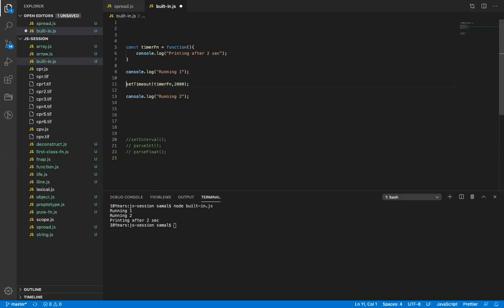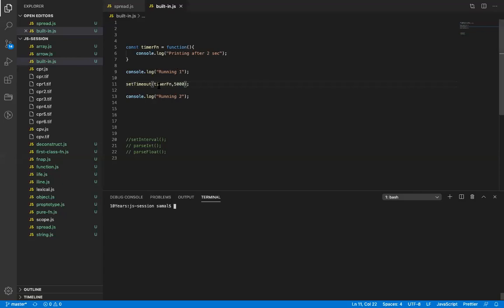One of the main important parts of JavaScript is that code runs in a non-blocking way, or in an event loop way. This function is sent and put in a waiting queue, and once the time is up, the function gets called from the timer. If I change this to 5 seconds, we will wait for 5 seconds and then it runs. It waited for 5 seconds and then it ran.